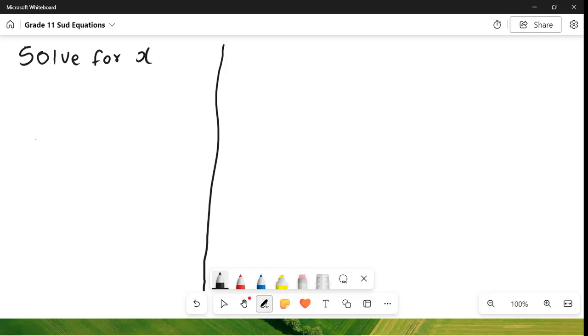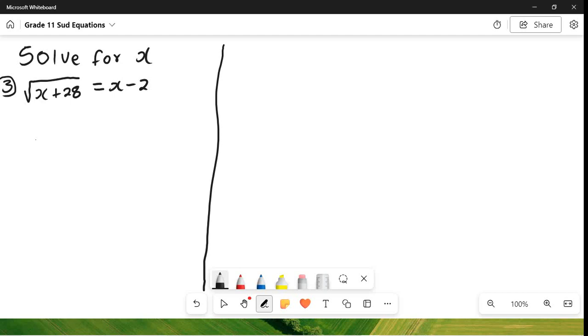The third one, what does it say? The third one says the square root of x plus 28 equals x minus 2. So if it's like this,